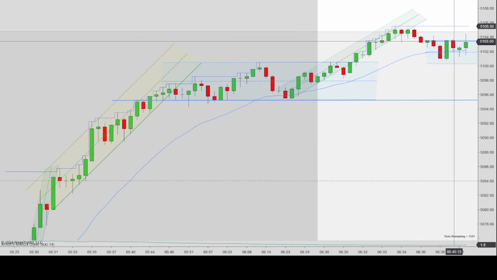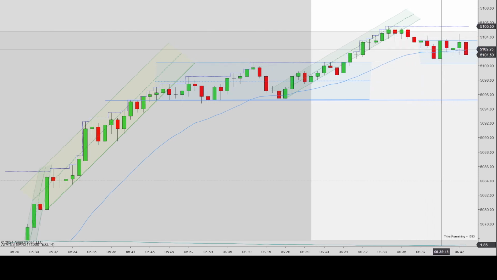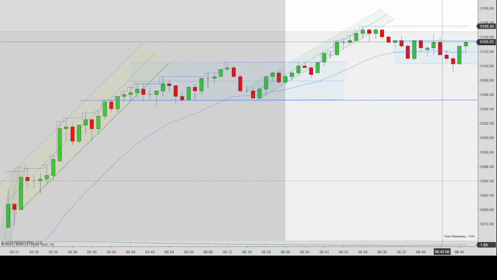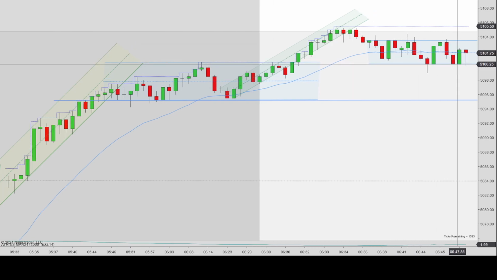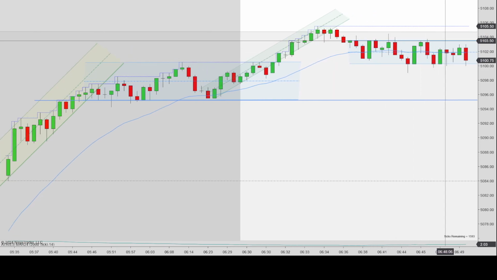So by the count, you do have a second entry long here, but it's nothing that I particularly like. It falls into what I think is a trading range. I thought some kind of trading range here because it was holding support. It looked like it was holding resistance, and then it pushes up, and then you have kind of the same character right here where it's holding support and resistance looks like it's kind of holding as well.